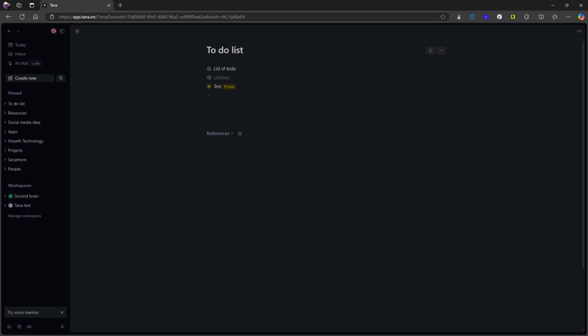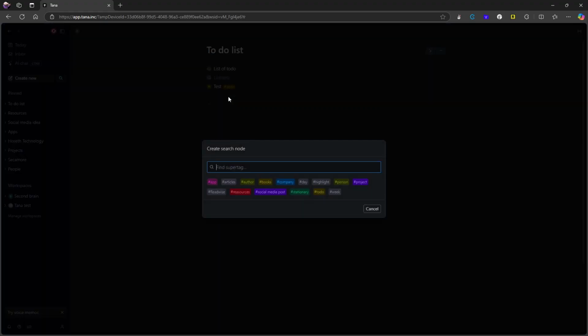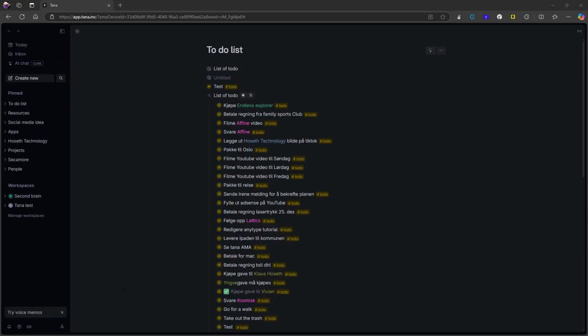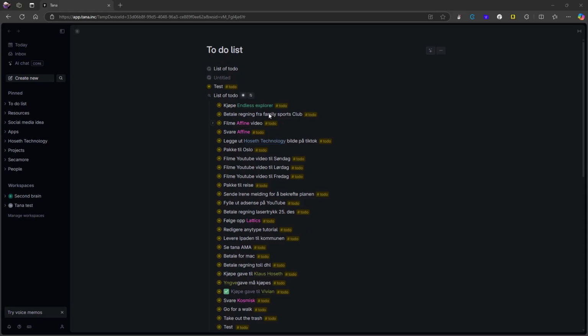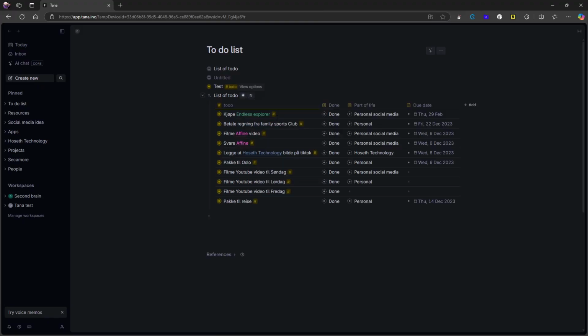And then I can press enter and I can do backslash search node right here, which searches through my nodes. Let's try one more time. Search node and let's search for to-do like this. It will show me all of my to-dos. I had a small internet issue, which is why people prefer applications that have an offline mode, which this does not have. So this is basically how you create these databases,